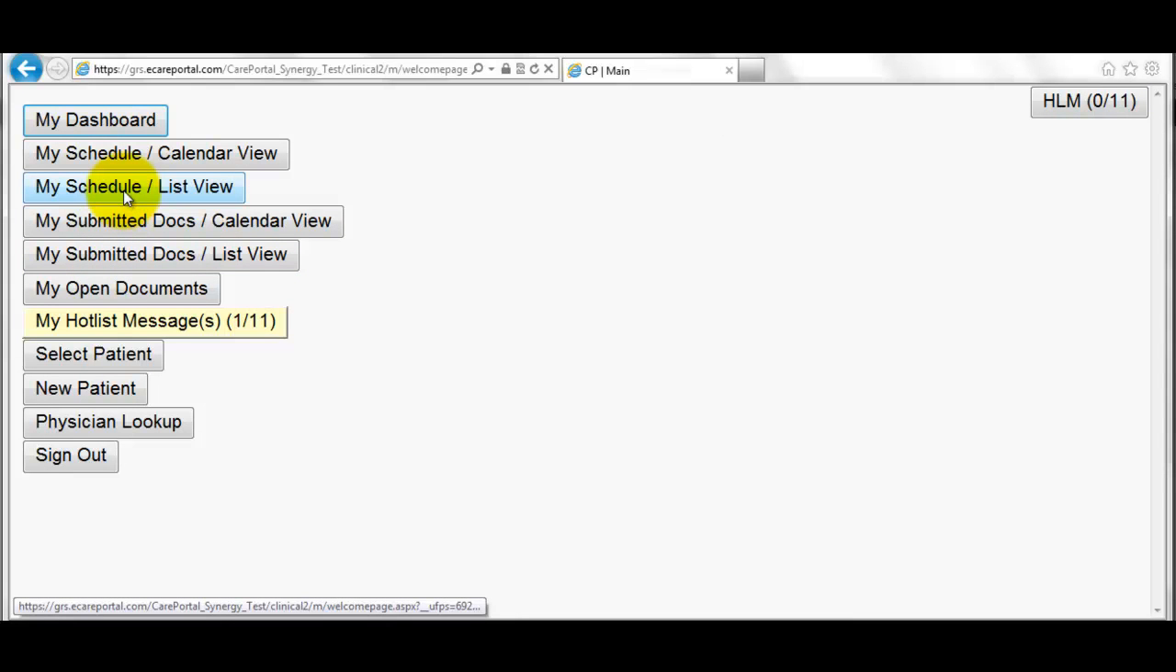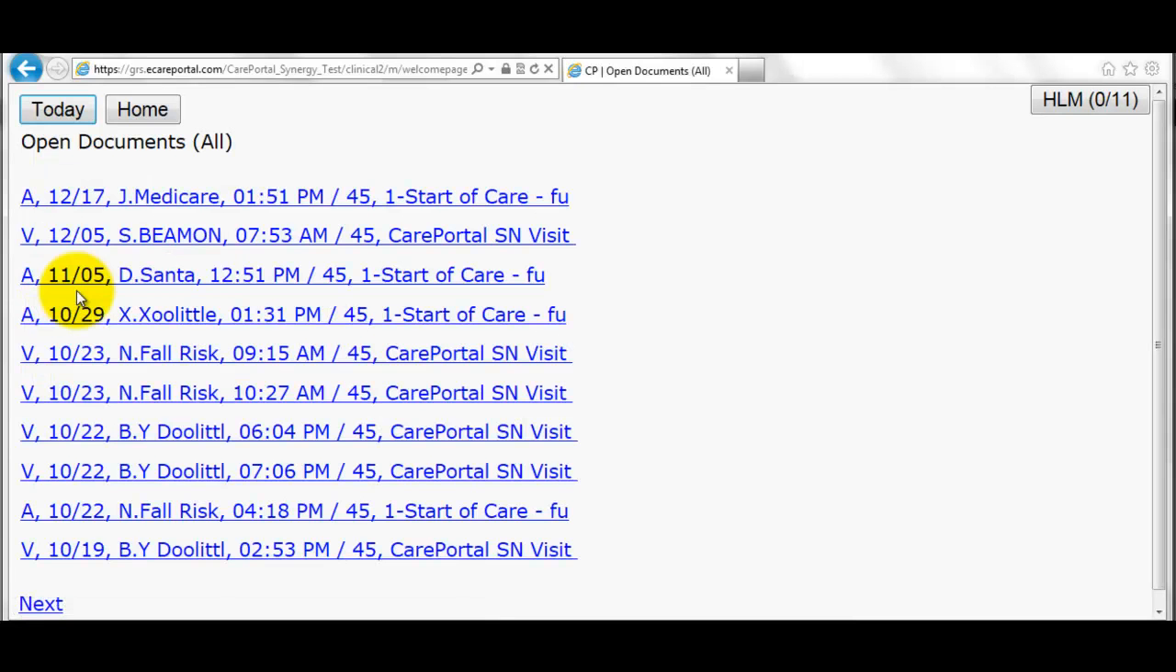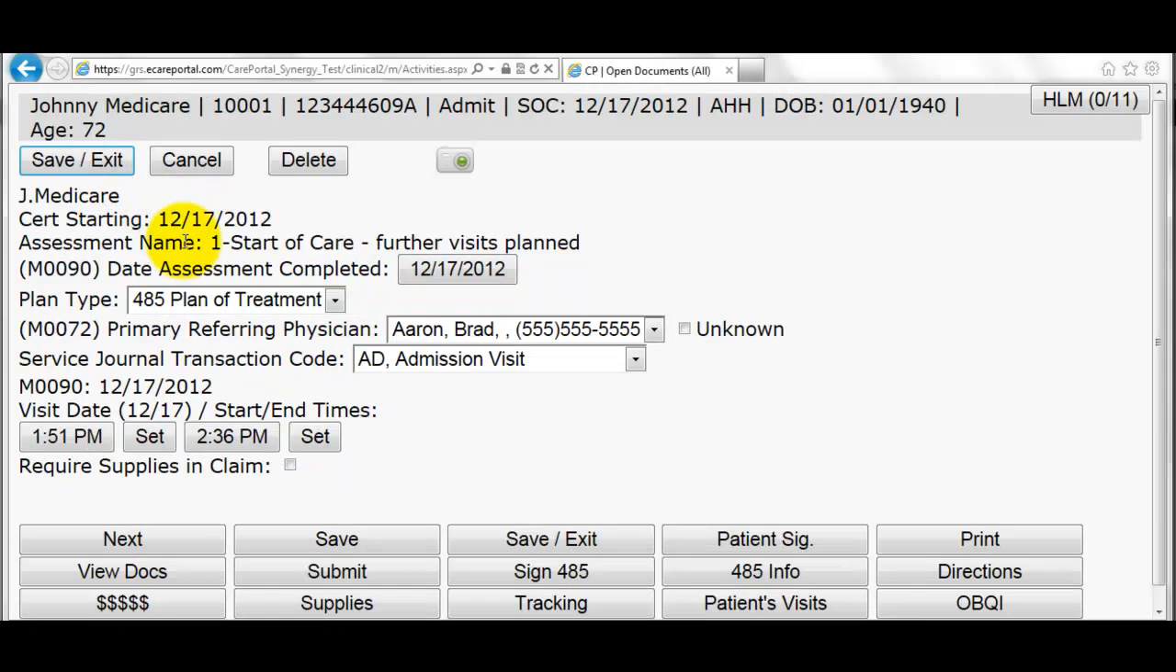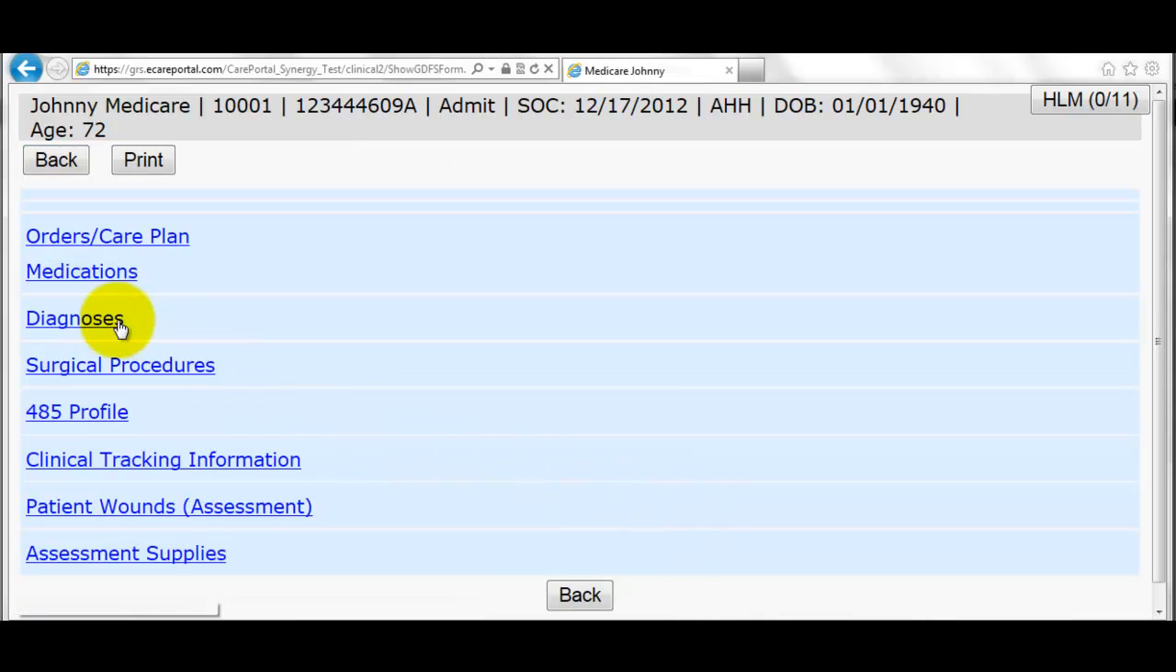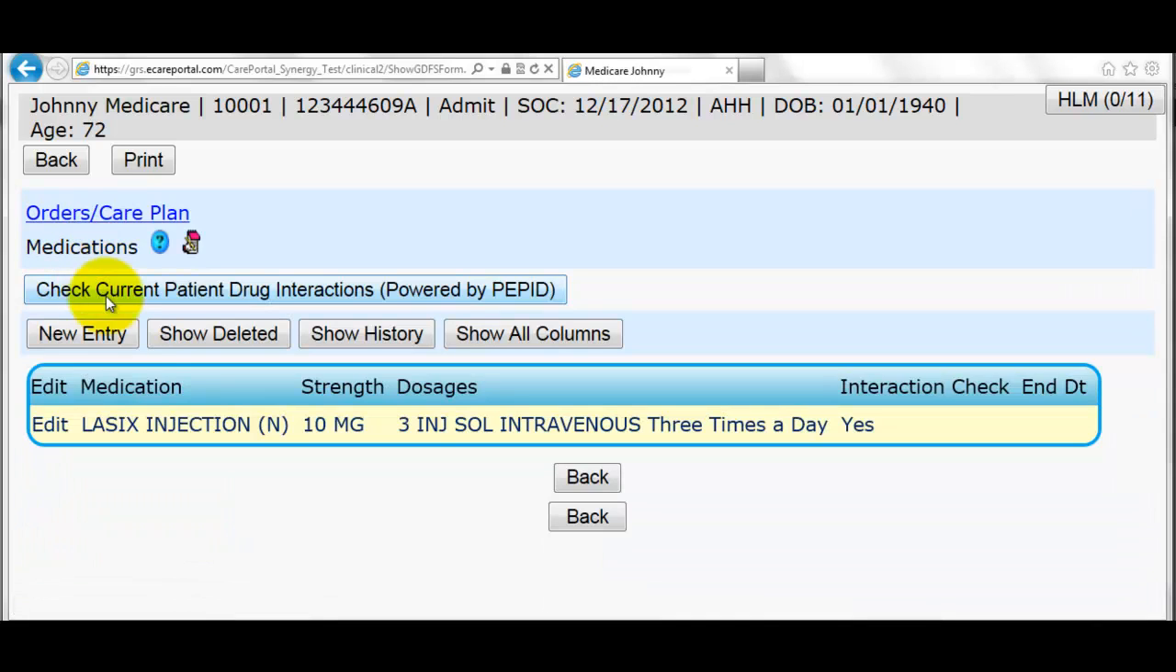So in this situation where it's been returned back to you for corrections, you can find that document in My Open Documents. So there it is, Johnny Medicare. I can go ahead and click on that. Now, at this point, I could go ahead and click Next to go into the assessment and click Navigate and find the medications list in the navigation list. But again, I can bypass all of that by going into the 45 Info tab, choosing Medications,